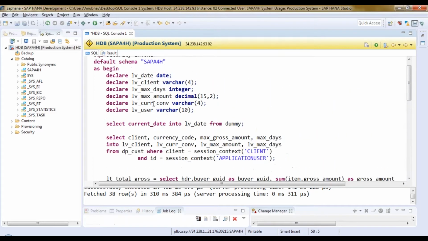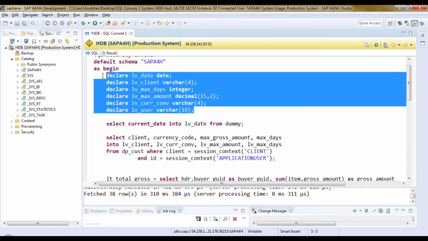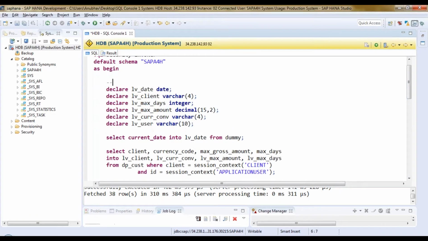The very first statement: we have done all the data declaration at the top of our program, so this is the variable declaration to catch the customizing parameters.